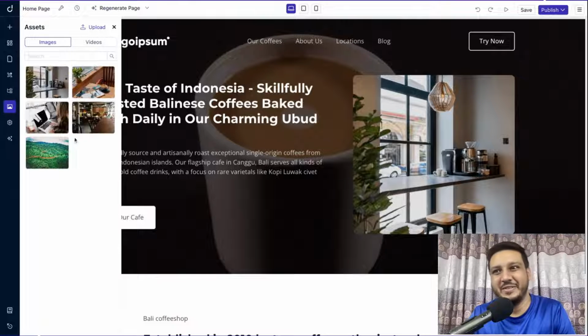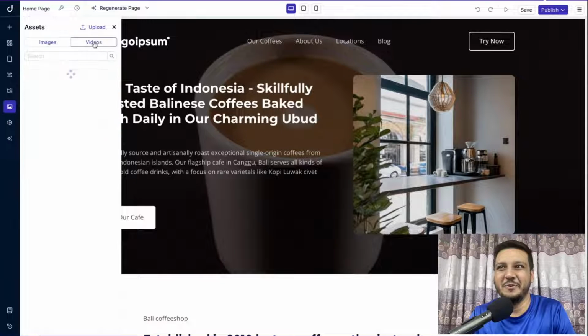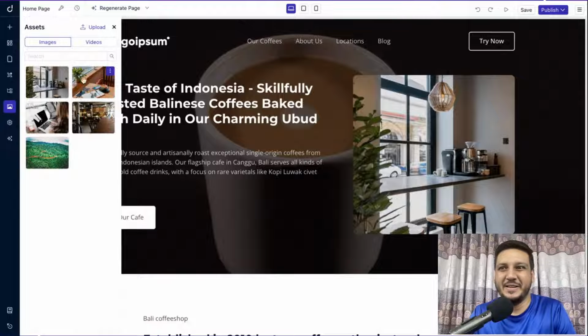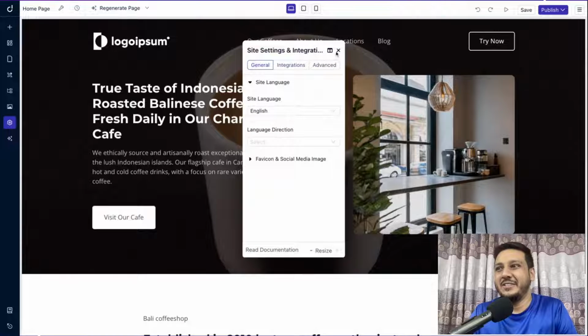Someone talked about the media library. Yes, we have the media library. You can see all the images we have worked with in this site. You can find it here. You can delete or copy the URL and everything. You'll find all the videos here. So the image library is finally here. And also we have settings. We have another feature